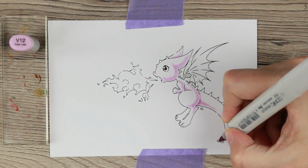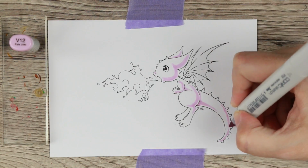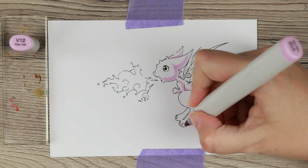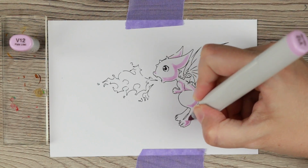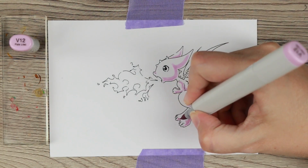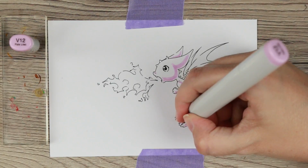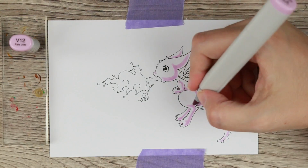So I knew I wanted to make scales, and I knew I wanted to make all of the details of the scales with my colored pencils, because it is kind of rough doing small, teeny tiny details with your markers. And because of that, I knew that I needed to have a very good blended base, and you can do all of this with pencils, but it takes so much time if you have to do all of the layers in pencils. And this is something I actually learned from Bouquet,